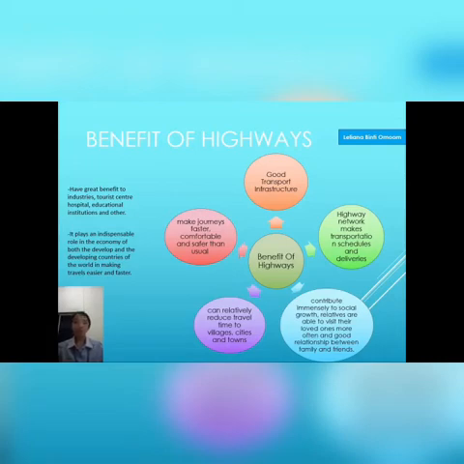Relatives are able to visit their loved ones more often, and it enhances good relationships between family and friends. And fourthly, the highway can relatively reduce travel time to villages, cities, and towns, thereby encouraging people to travel for